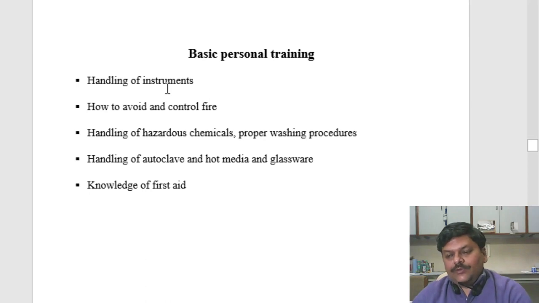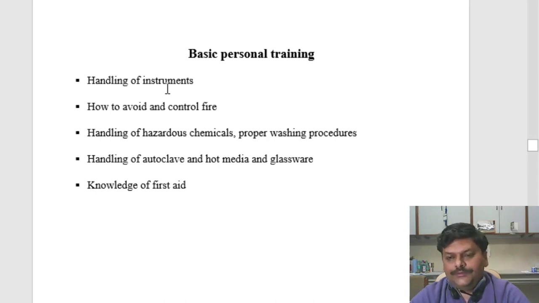Before we start actual plant tissue culture, some common basic personal training is required. These trainings are related to handling of the instruments. One cannot just go and start using these delicate instruments. There can be chances of accidents. So a bare minimum training is required related to handling of instruments, how these instruments are used. The person who intends to use the plant tissue culture laboratory needs to learn the instruments kept there, and